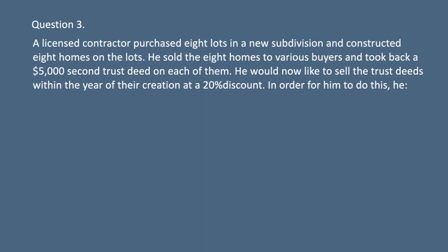Question 3. A licensed contractor purchased 8 lots in a new subdivision and constructed 8 homes on the lots. He sold the 8 homes to various buyers and took back a $5,000 second trust deed on each of them. He would now like to sell the trust deeds within the year of their creation at a 20% discount. In order for him to do this, he